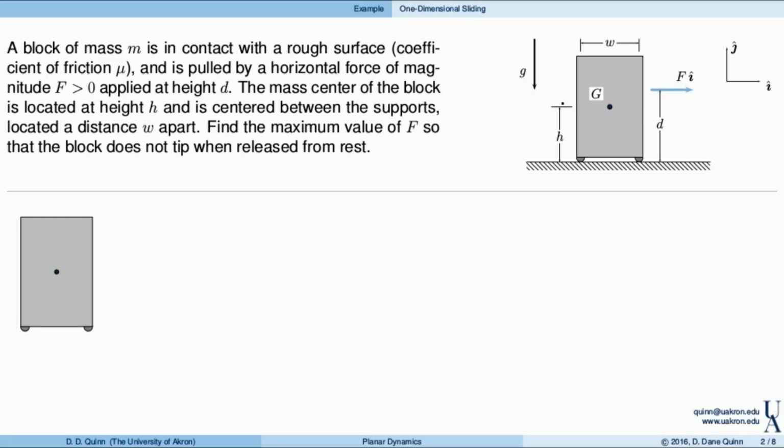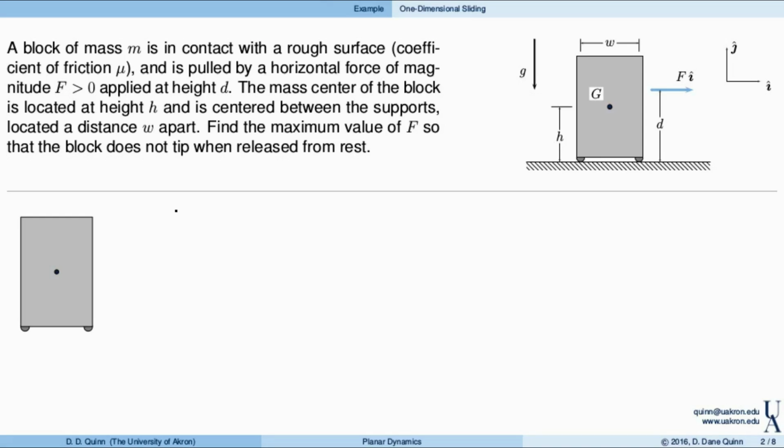So again, the idea is we have this block and it's sitting here and we apply a force, and I want to know what happens, right? Does the block slide along? Does the block tip over as it slides? Does it just stay there? Does it stick? Or the other possibility is that it immediately begins to tip as it rotates on this front support. So following along with the solution methodology that we apply for these problems, we'd like to first identify the